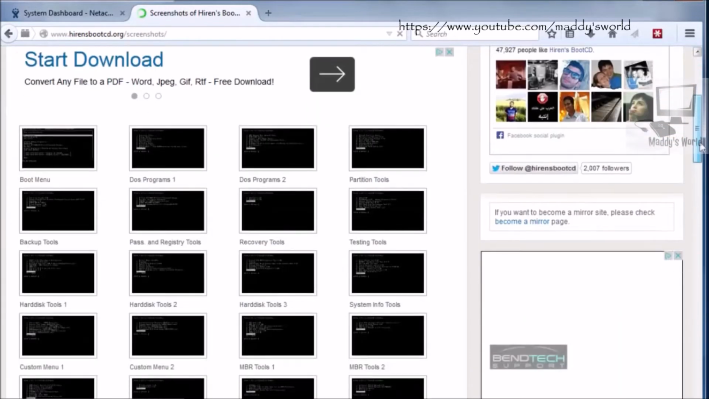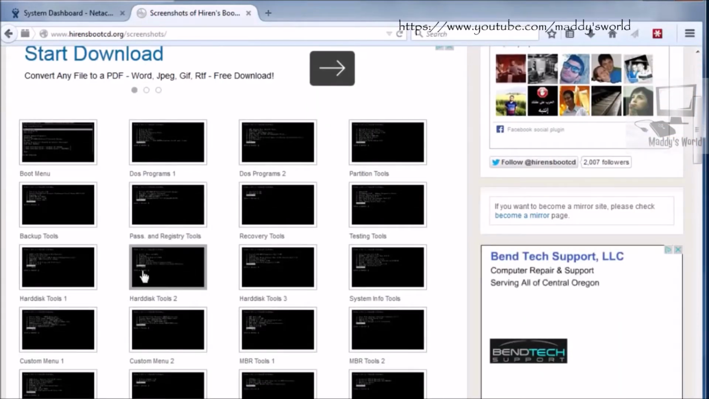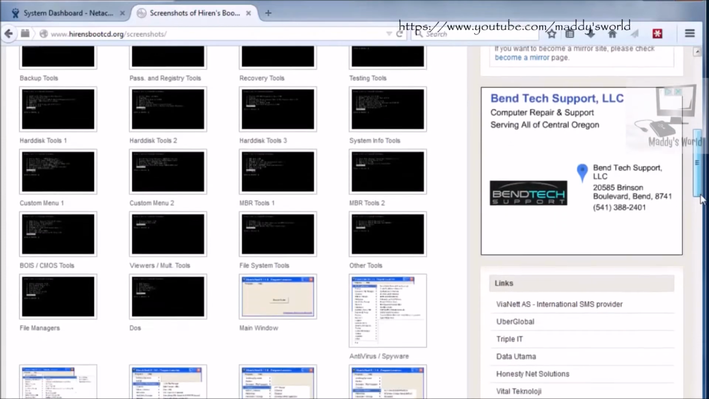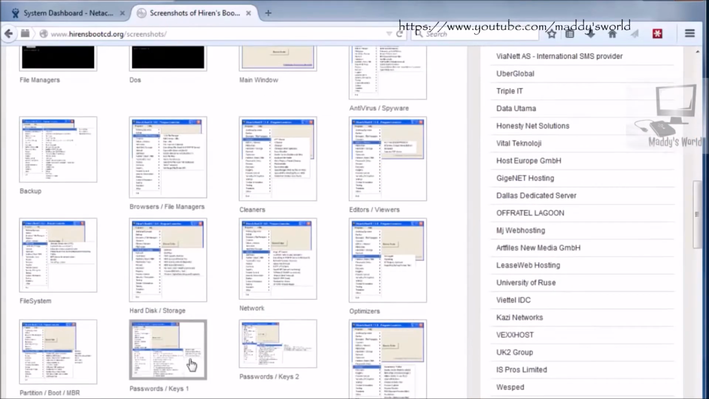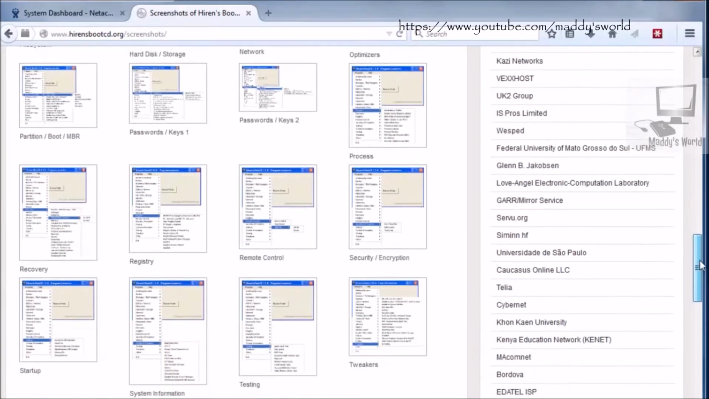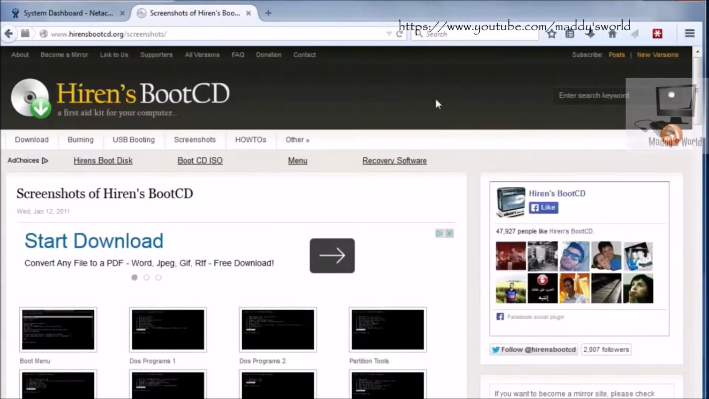It's chock full of DOS programs, password and registry tools, recovery tools, hard disk tools, backup tools, all kinds of things here. And you can see here, it's got cleaners, it's got optimizers, editors, partition tools, all kinds of things, password cracking tools. And so in this video, what I'm going to do is show you how to recover from